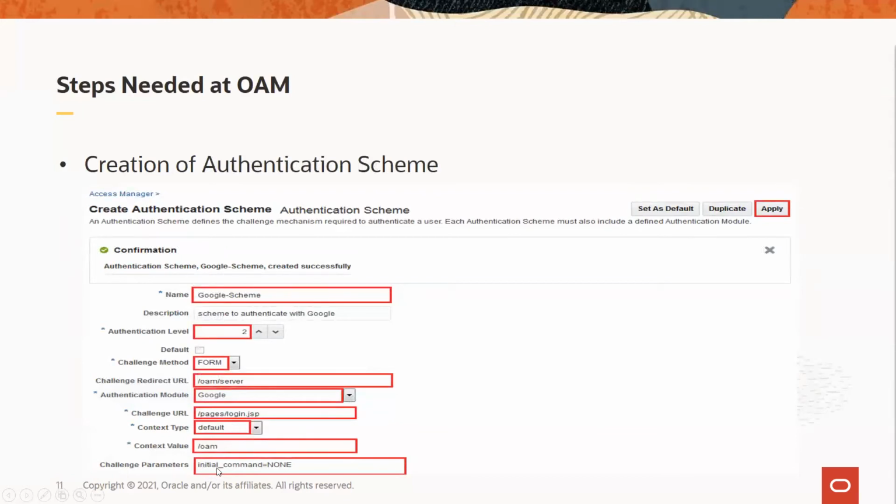This needs to be configured so that the OAM server, when it initially gets the request from the WebGate or redirect, has to redirect to the IDP for authentication purposes. Because after the IDP authenticates, it returns with the user attributes as part of an ID token.